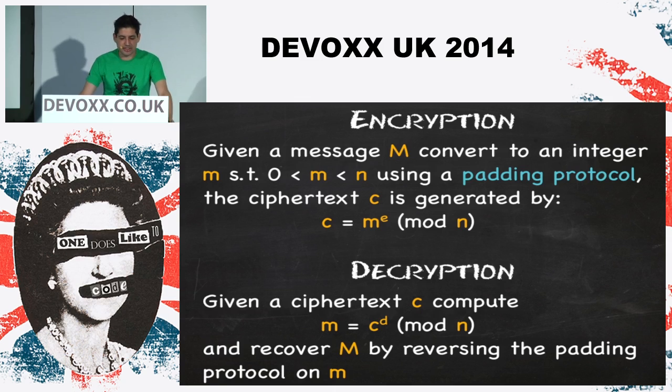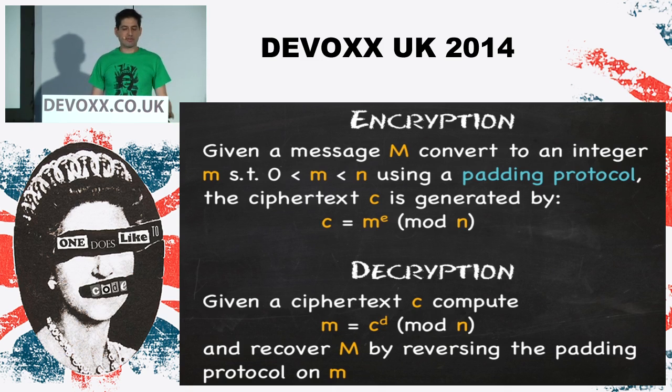So let's use this now. Let's start with the message, m. And let's convert it into an integer. So let's assume that we just take every letter and replace it by its ASCII number. Then we need to manipulate that so that it lies below this big number that we've got from multiplying our two primes together on the previous slide.